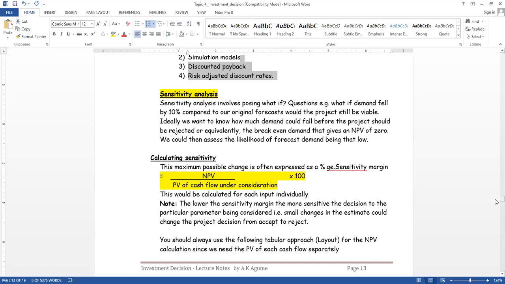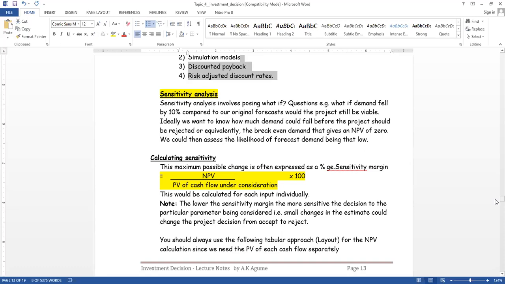Now, like the way we're evaluating those cash flows up there, looking at the cash flows, looking at the discount factor, we are looking at how sensitive those variables are to our decision in case there is a change. And this change could either be upwards or downwards. And for us to calculate the sensitivity,